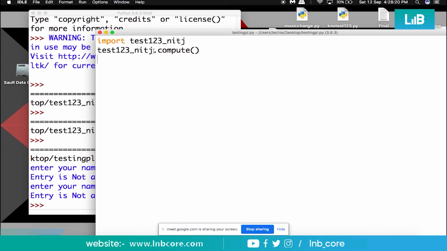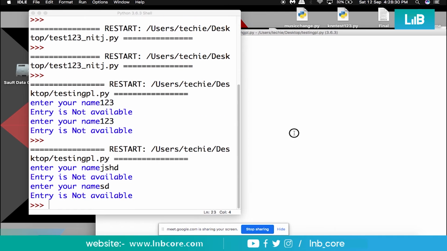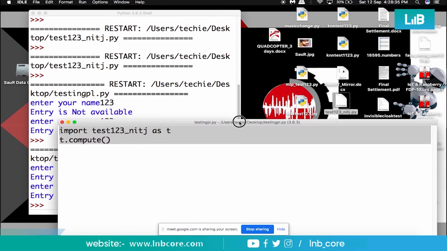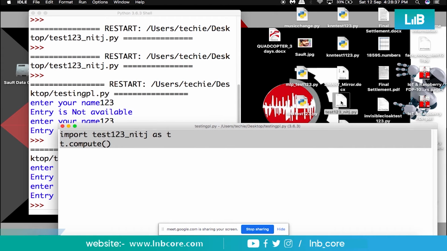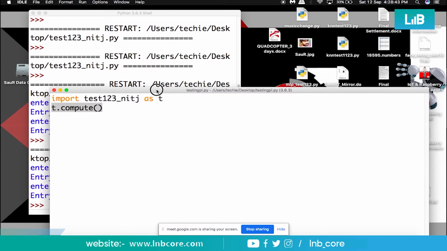If I'll remove this as t, let me save it, and if I'll run it once again, still it is running, right? So these two lines of code are doing the same thing that we were doing with the backend function. And you can compute it for n number of times, does not matter. Any problem, anyone?